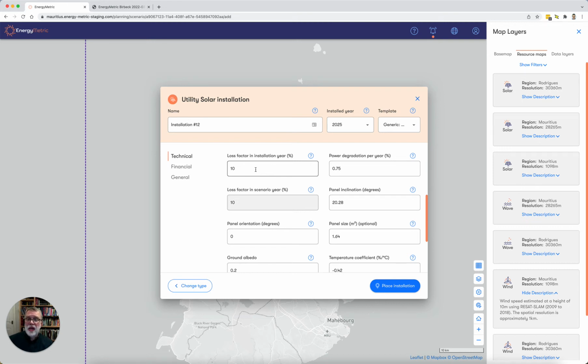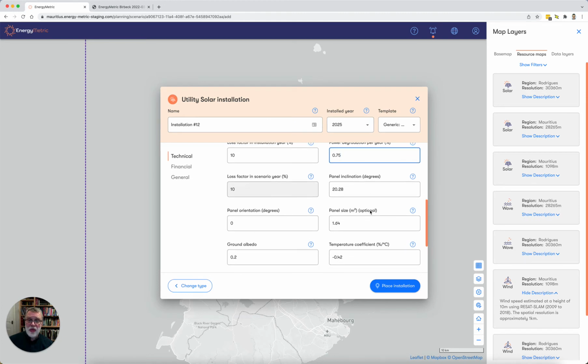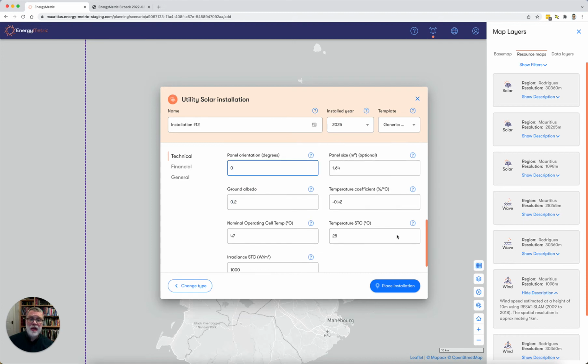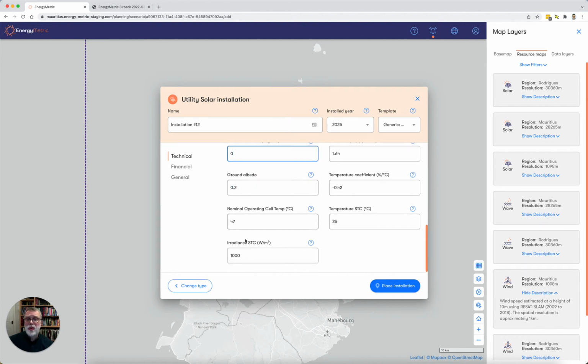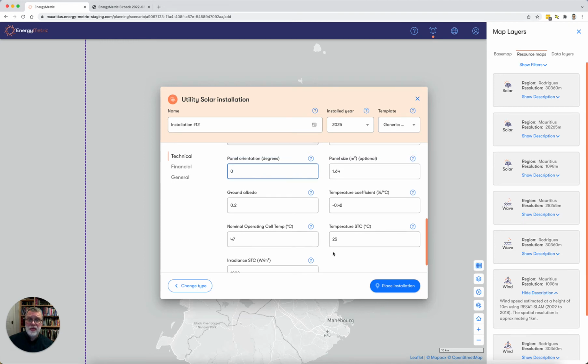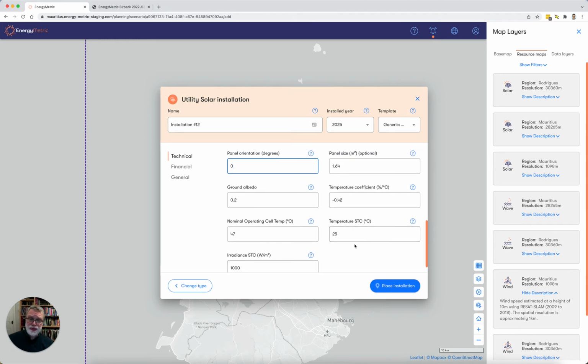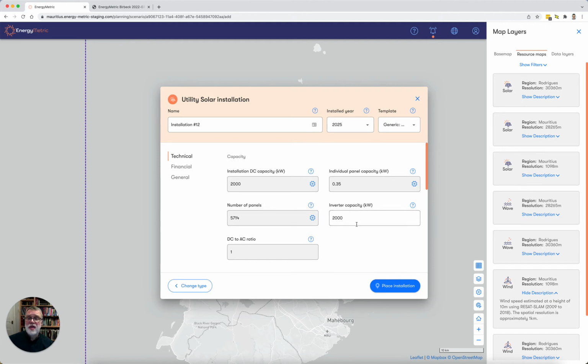But we are at the planning stage, pre-feasibility, at the resource assessment stage of the life cycle, so a single factor generally works for us. The power that we get from the installation will degrade as it gets older, so we have a power degradation factor here. We can also specify the inclination and orientation of our panels, and then various coefficients that we will use to generate the power output, generally related to temperature. So those are our technical characteristics. As I say, this is one way of modelling a solar farm at a high level,